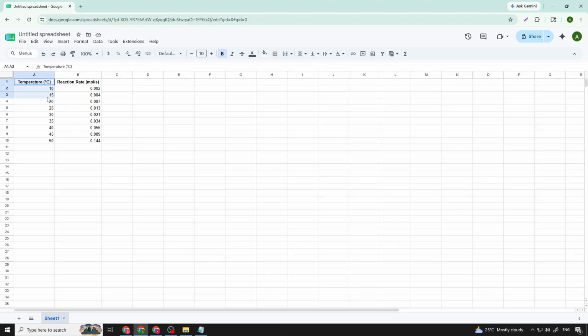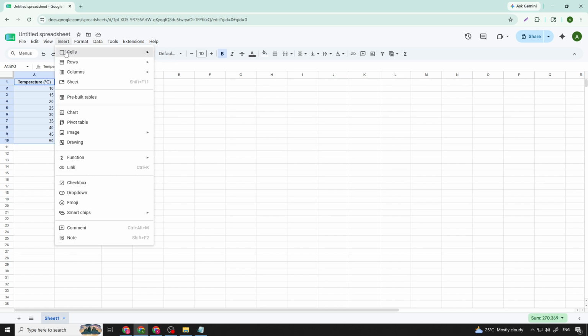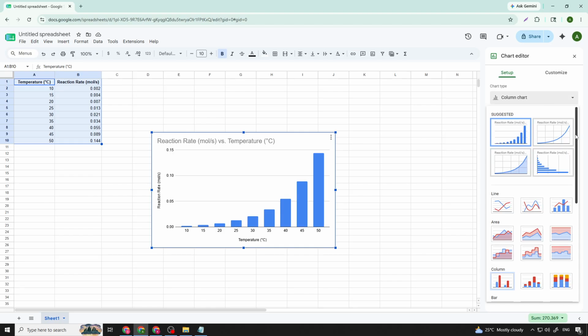Next, highlight the full dataset including both headers by clicking and dragging over the cells. Go to the menu, click Insert, then select Chart. If it doesn't appear correctly, open the chart editor and change the chart type to scatter chart so your data